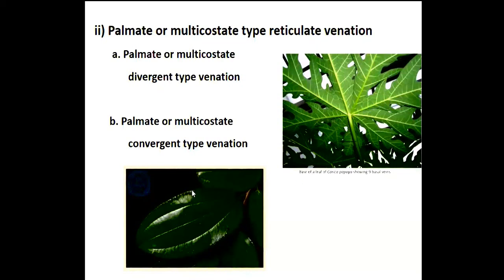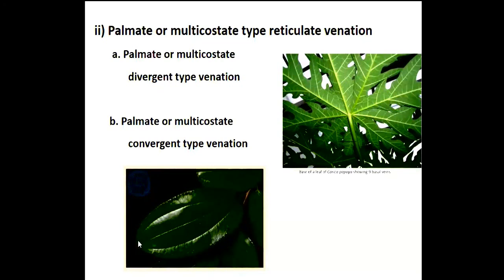And what about the convergent type? This is the divergent type. They are spreading from one another, and there is another type, that is the convergent type. Like the previous one, here we have multiple costa. That's why this is also multicostate. And from this common point, the costa are spreading from one another.